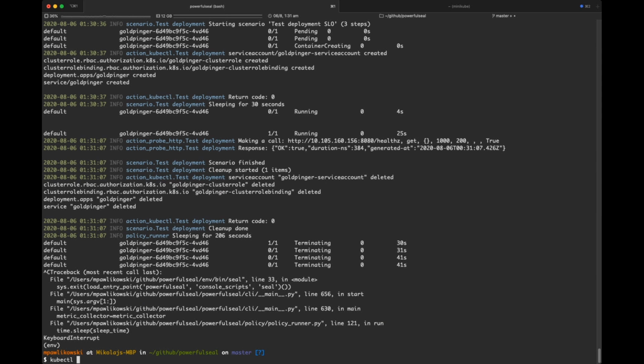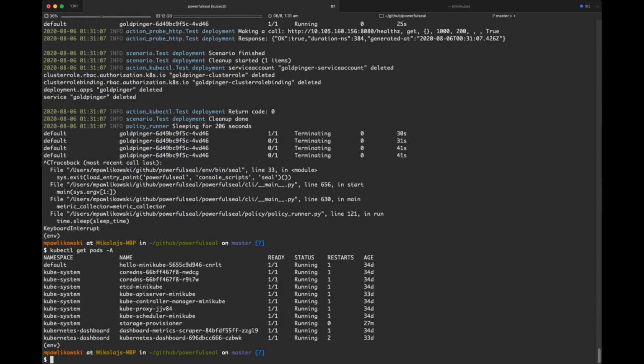So if we list our pods again, we can see that the Goldpinger pod is already terminated. And if you run this continuously, you'll be able to verify whether your SLO of 30 seconds for a new pod coming up is being satisfied or not, depending on what's going on.